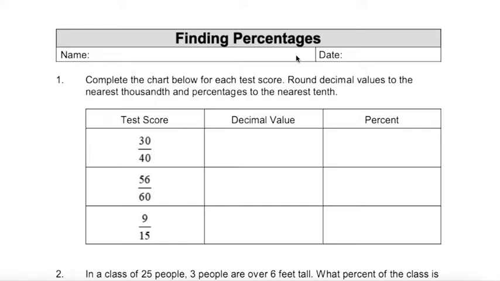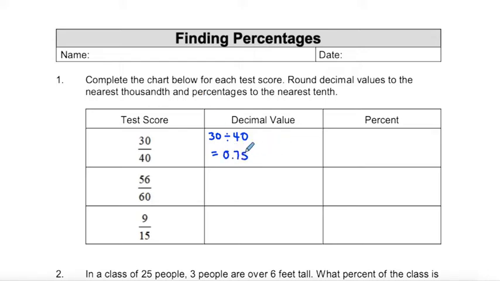So we're going to start by taking 30 divided by 40. You'll notice now that they're not over 100 or 10 or 1,000. So in this case, we're going to have to take our numerator, which is our 30, and divide it by our denominator, which is 40. So 30 divided by 40 gives us